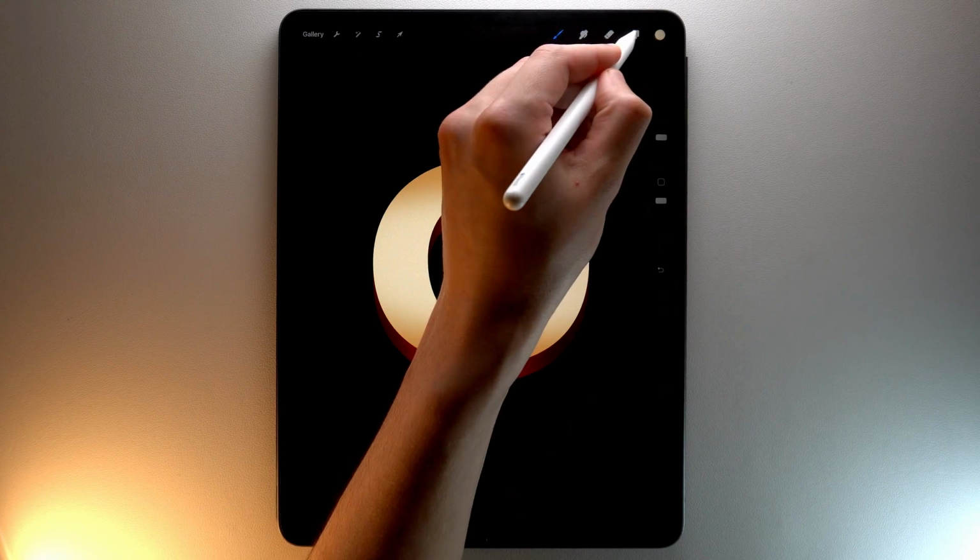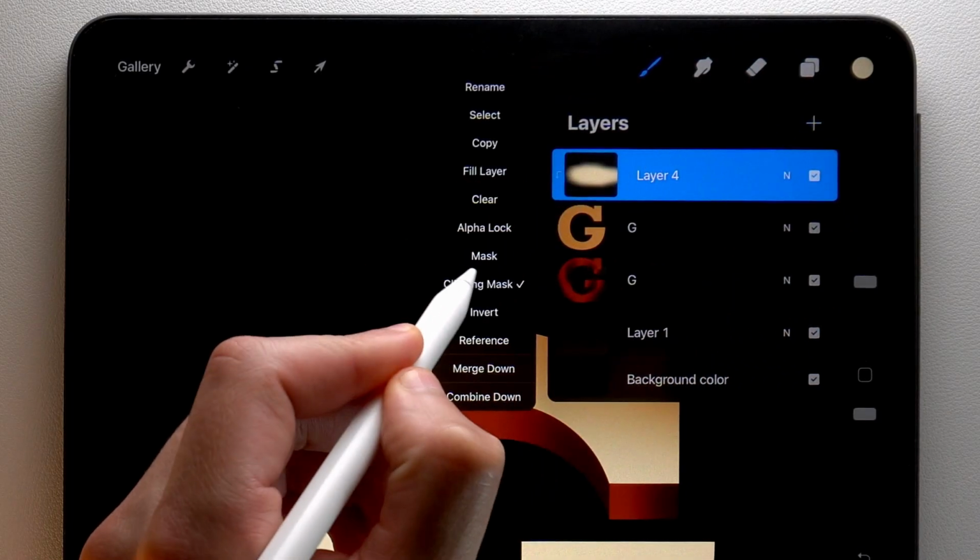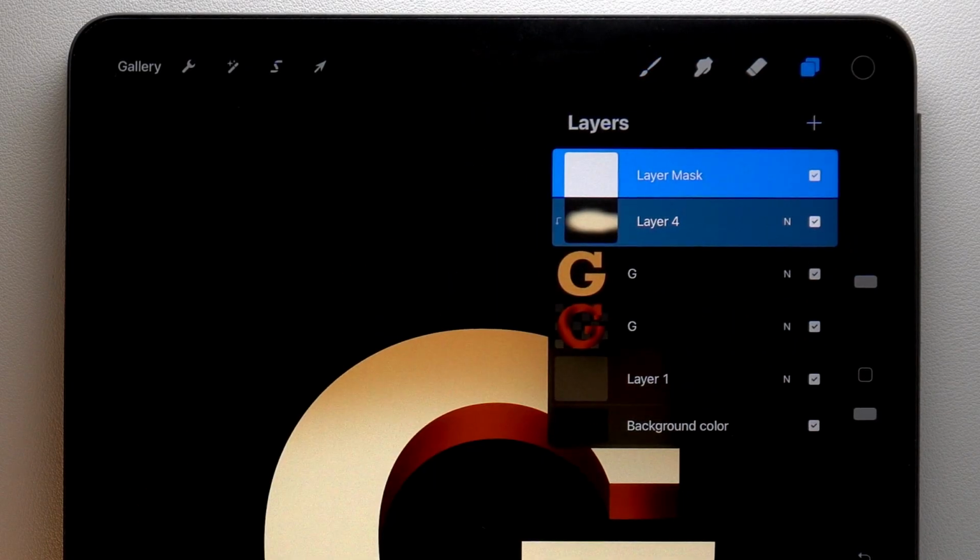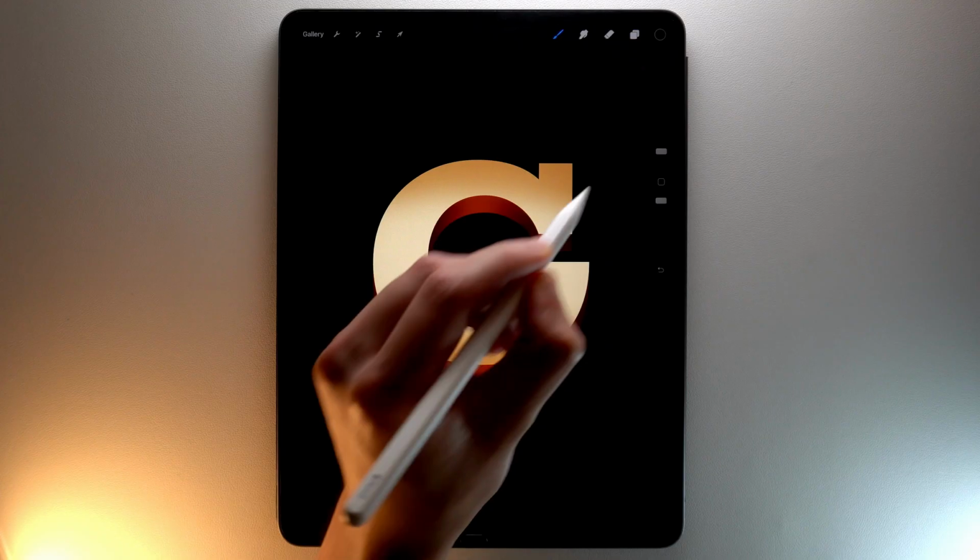Now tap on your clipping mask layer and add the mask option. Grab the black color. Then create horizontal lines with different brush size on your letter.